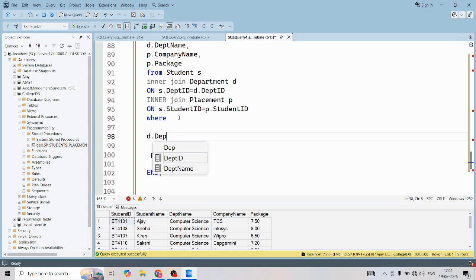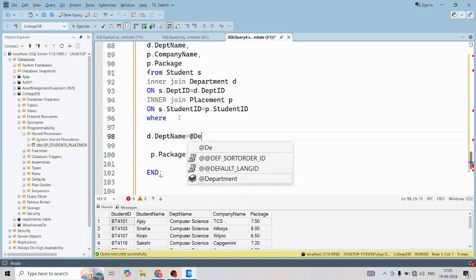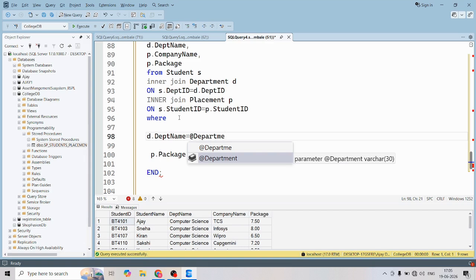So we want the department name, so we will write here d.department_name equals to, and the parameter name which we have given, so that is department. In the suggestion we will get all the parameter names, all the SP names and all the table names by default. So after that